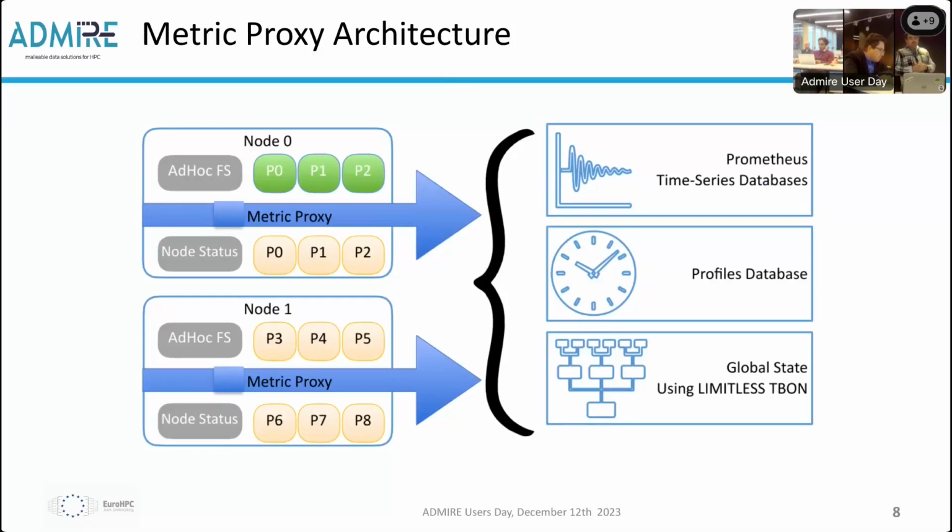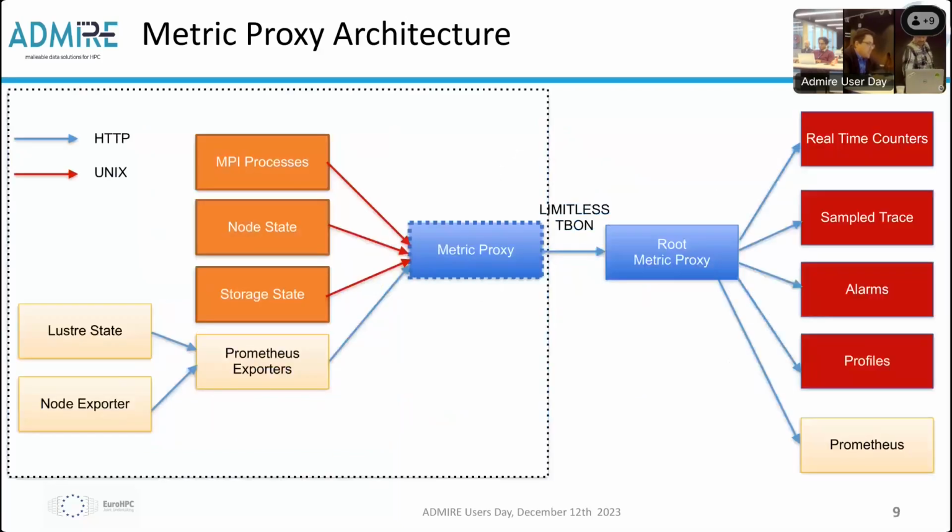Initially, we considered the Prometheus approach. Prometheus is scraping the various processes, and by scraping, it means it has to do HTTP requests to get the data in. If the corpus of processes changes a lot over time, it's not practical anymore to have a pure Prometheus approach. This is why we developed the metric proxy, which is an aggregating push gateway for Prometheus. Thanks to this, the programs push their data into the metric proxy, and it is then aggregated over space and time to generate the various time series, the profiles, and the global state of the machine.